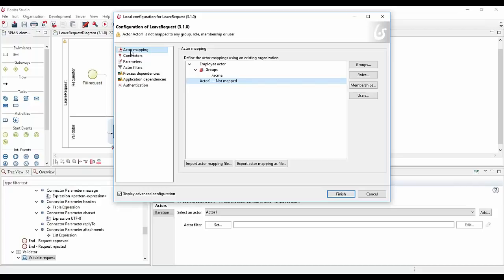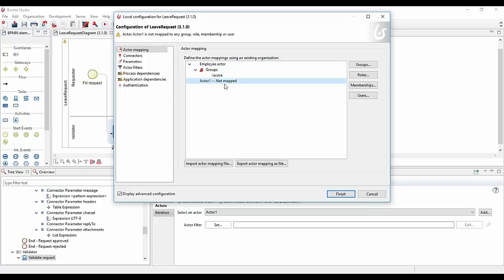So this is not working for the actor filter because the actor filter will be evaluated at runtime, but the actor mapping is basically the set of rules that will be specific to the actors that you specified for this process. So here we have the employee actor, and by default we link it to the whole company. So that's why we have a group ACME. All the people that are part of this ACME group will be part of this employee actor. So if someone is not part of this group anymore, then it will be up to date. The process will not provide this to the end user because this user is not part of the group anymore. So that's what we call to be up to date with the information.